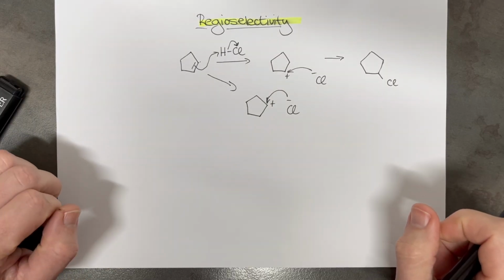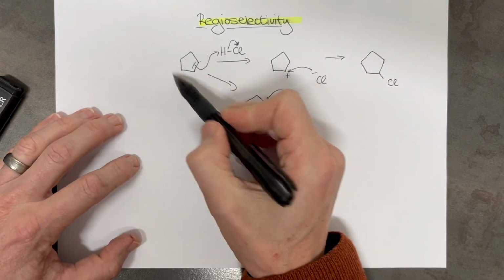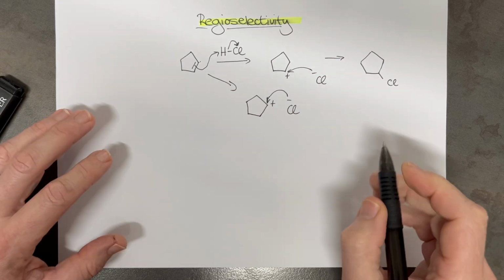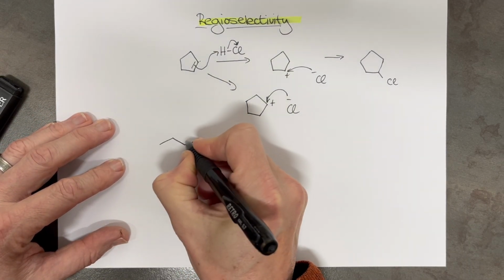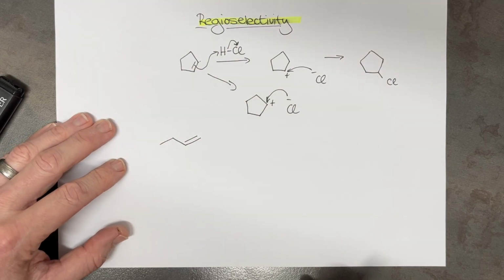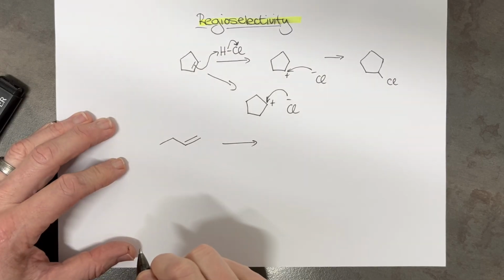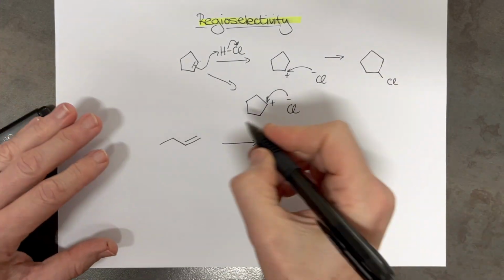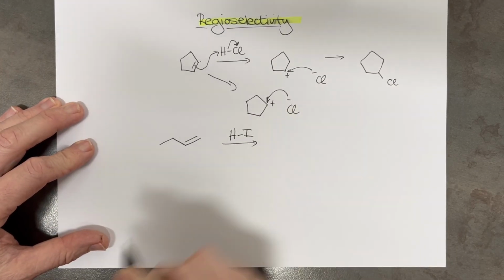What happens though if we have a molecule which is now unsymmetrical? This is symmetrical, right? You can draw a line through it and either side is exactly the same. So let's just take a very, very simple example of butene over there. Now, if I take butene and I add, so I'm going to use a different one now, I'm going to use HI, just again to be different. So we've got HI,